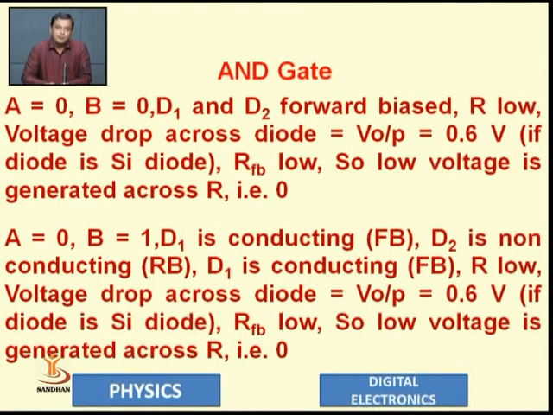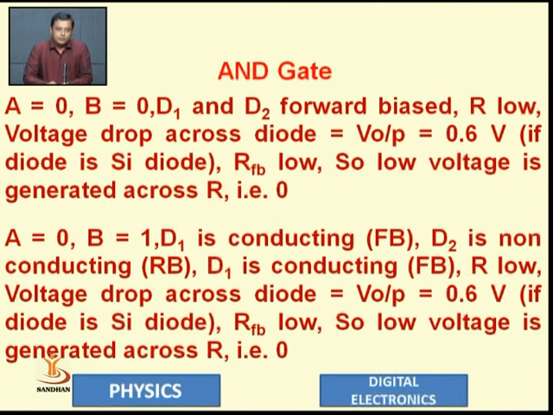If the diode is made of germanium, then the turn-on voltage is only 0.3. Turn-on voltage means the minimum voltage required to take the diode from the off state to the on state. If we apply a voltage above the turn-on voltage, the diode will conduct current in the range of milliamperes. So the low resistance and low voltage developed across the diode in forward bias, we are able to calculate.